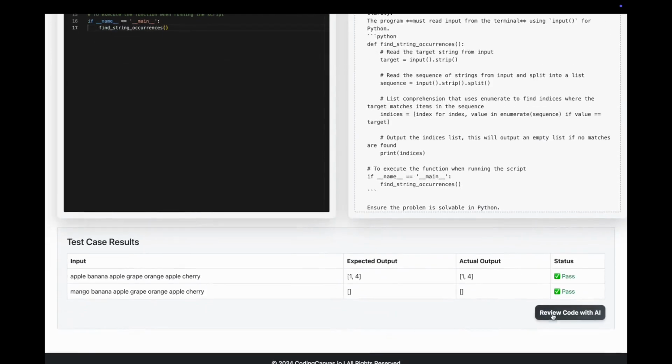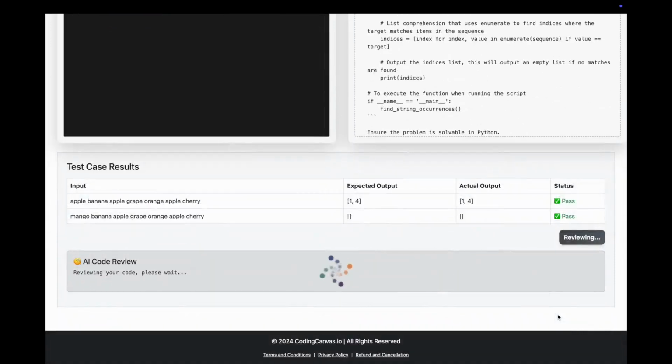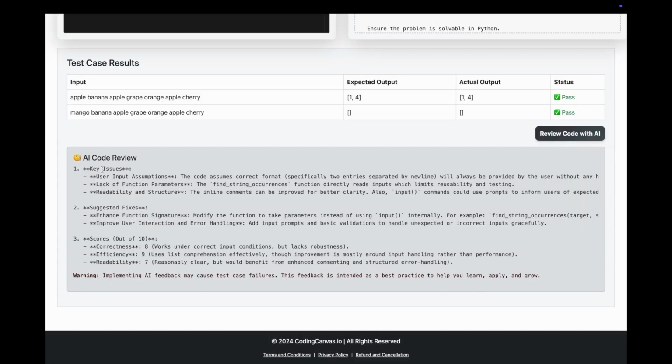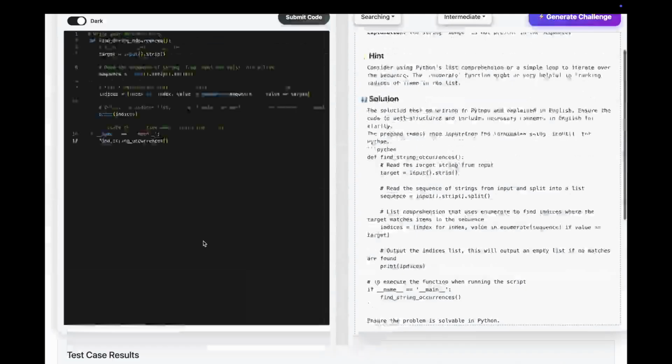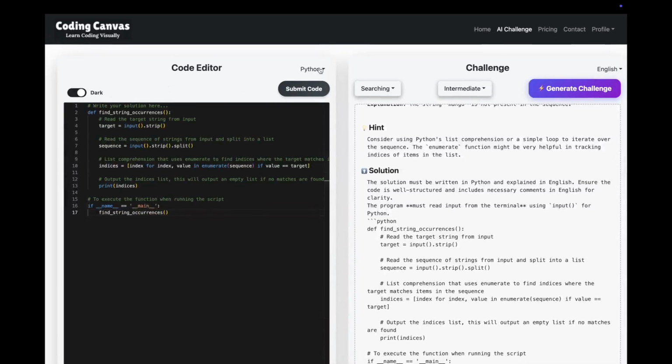Need feedback? Click Review Code with AI. AI will analyze your solution, highlight key issues, suggest fixes, and even give you a score to improve your coding standards. At the top, you can choose your preferred programming language, making it easy to code in the language you're